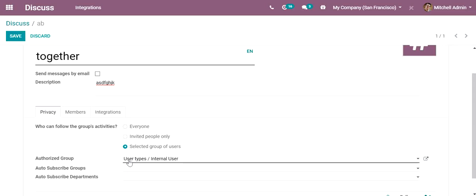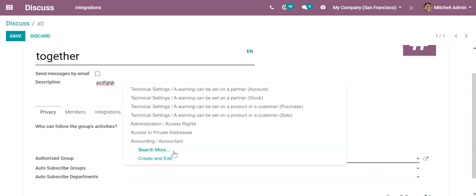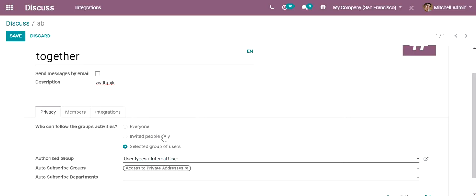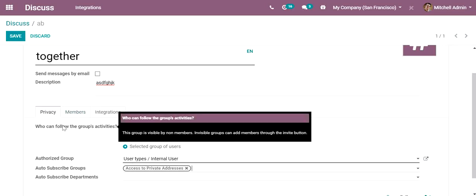Also, in the selected group of users, the auto subscribe groups allow only specific users to access. If you want a specific group to have access, then only that group of people can view and access this channel. So that's about the privacy section.